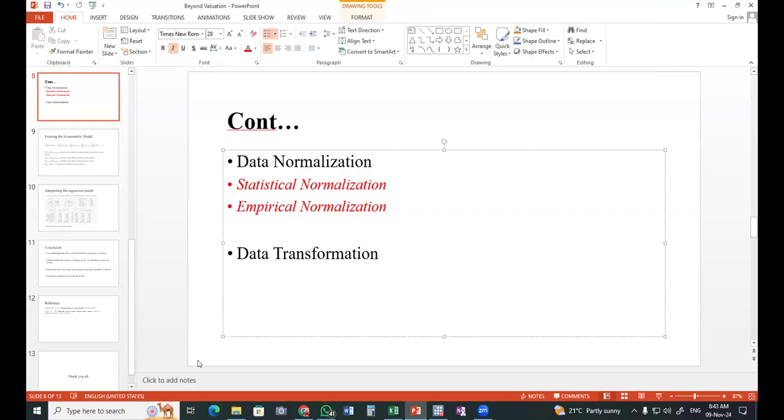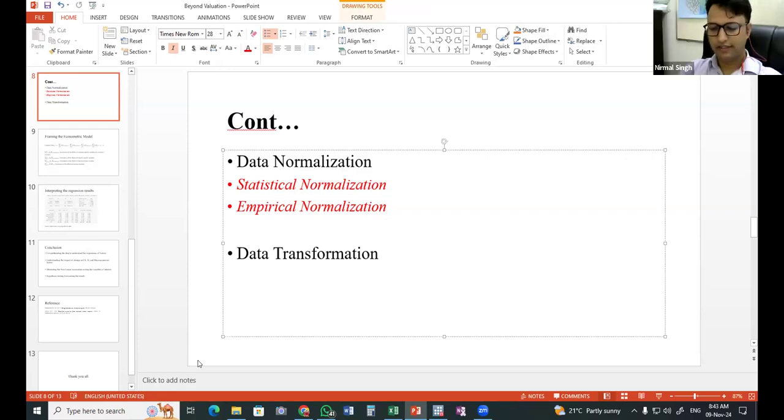Go ahead, sir. So we will get to know how sensitive our dependent variable, which in this case was the valuation of the company, is to the independent variables. If that particular variable is changing, say in absolute number or in percentage, generally we assume that if there is a 1% change, how much percentage change or absolute change is going to happen in the dependent variable. That is the main thing in this case.